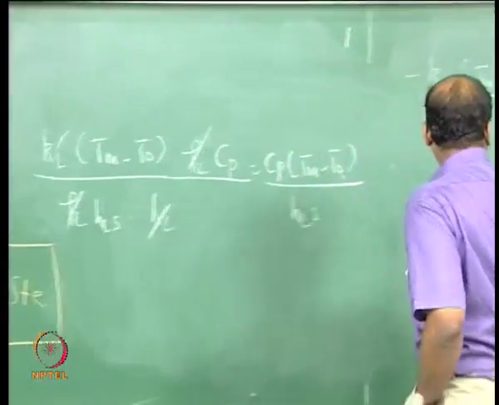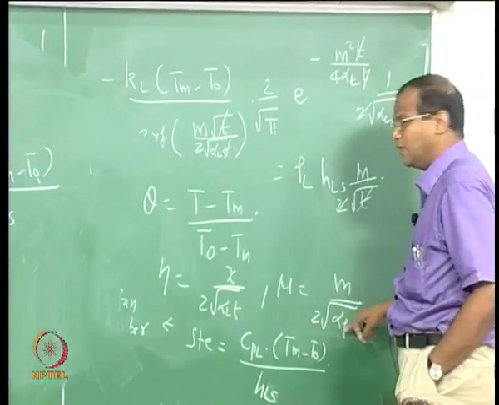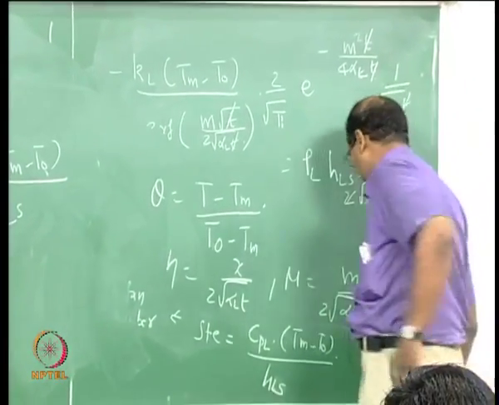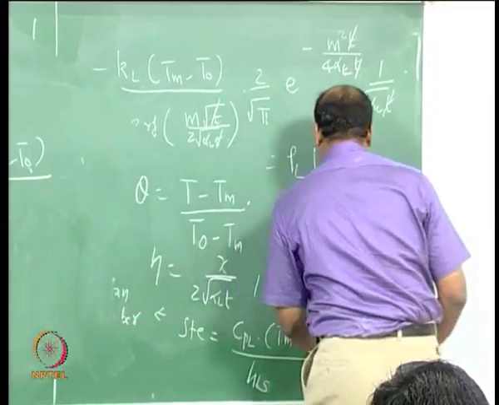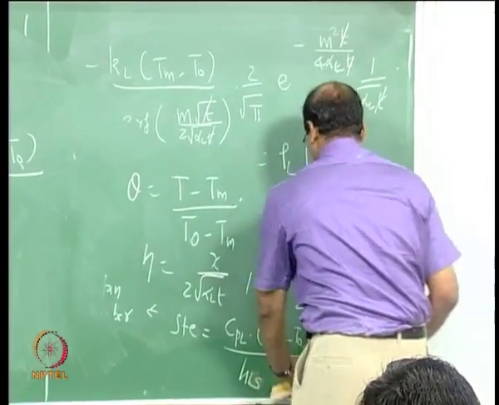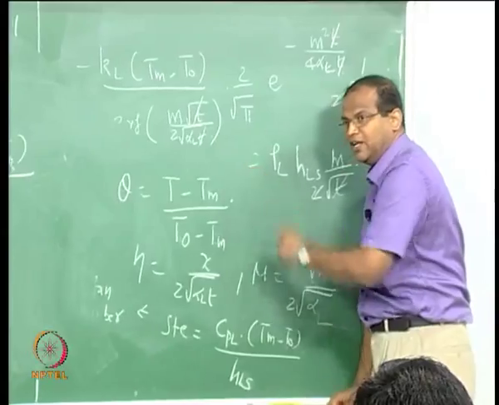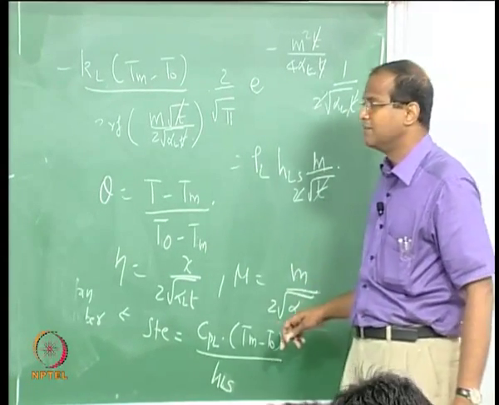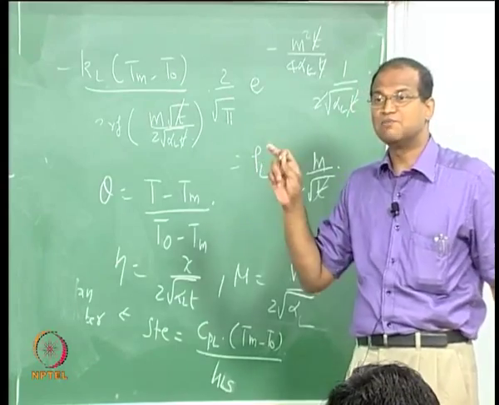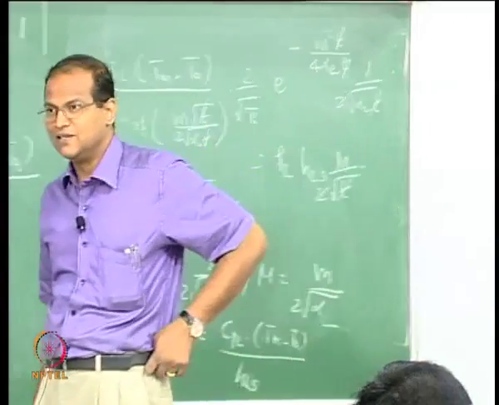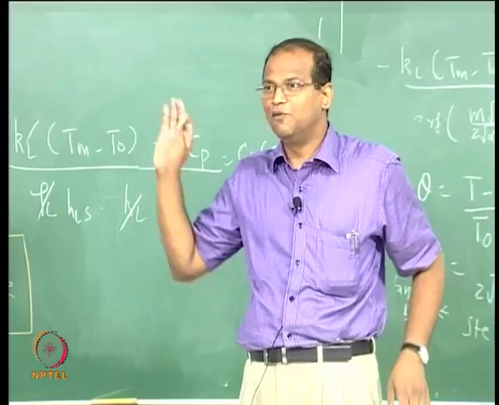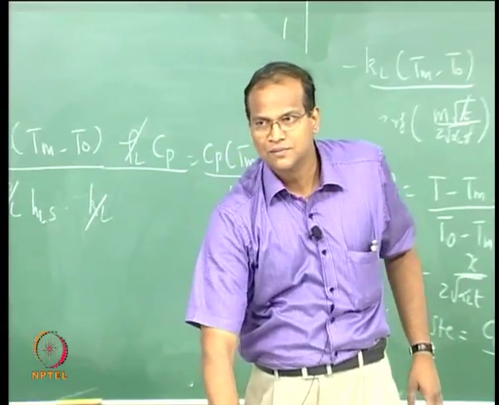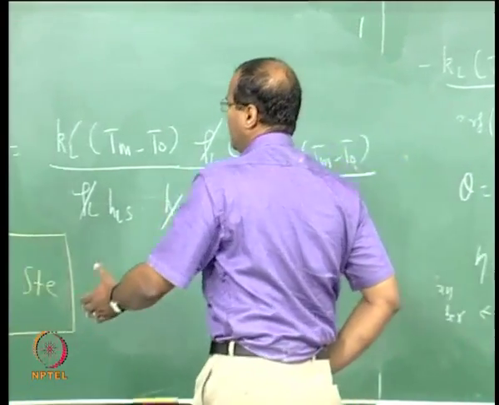What is mu? From mu equals m by root 2 alpha, alpha L is known to you. So if you find the mu from that equation, you know the alpha L, you will get the m. What is m itself? M is s by root t. If you know the time, you will get the s. Finally, what is the goal of all this? To get s. It is such a complicated nonlinear equation.